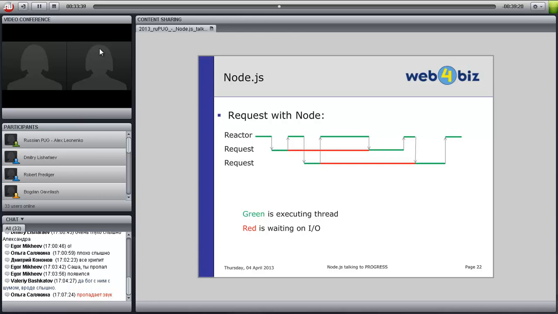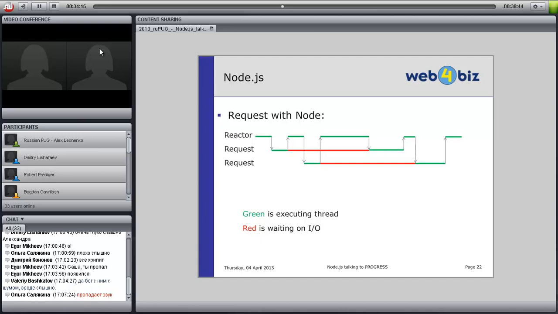So the process is again free, just waiting for the items to come back. If this one comes back, the same procedure, and then the reactor is free again. So there is just one thread, one process inside, solving all of these things.